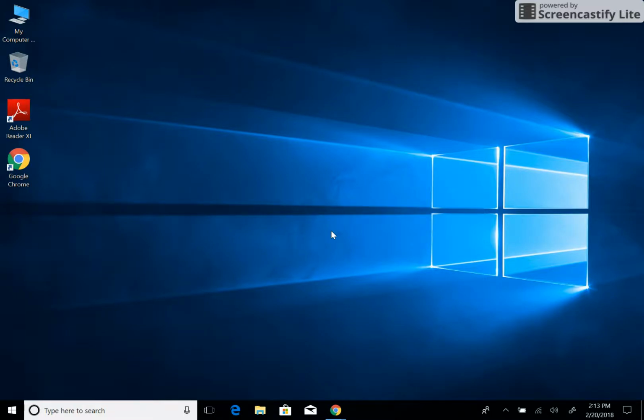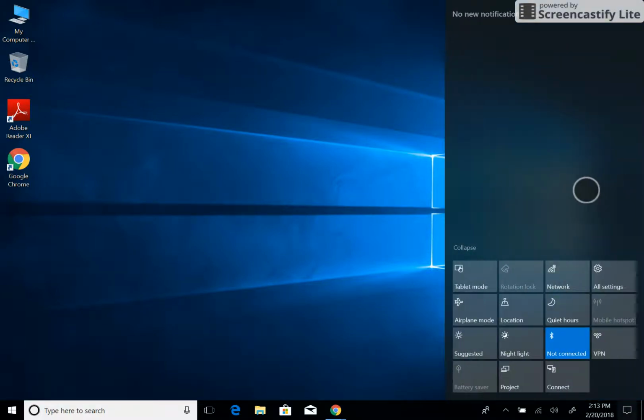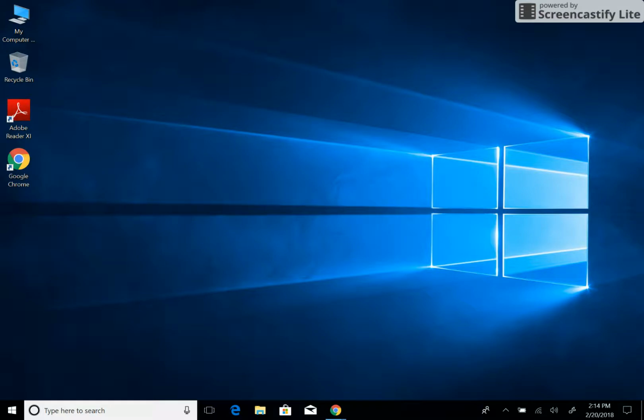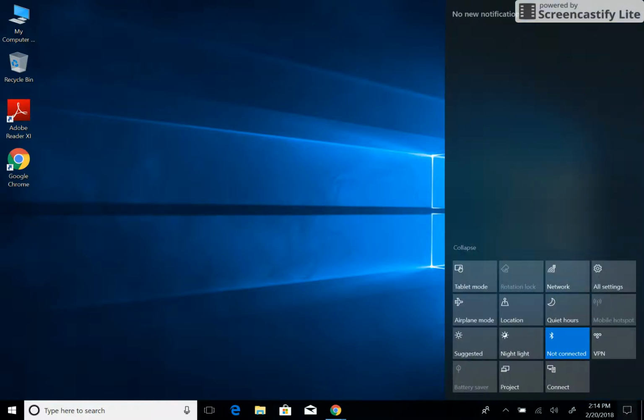Action Center. There are a couple ways of getting to it. The first is swiping from the right side of the screen to the left using your finger, and then you can see the Action Center shade appears from the right side. The other way of doing it is to just tap on the Action Center icon in the lower right-hand corner of the screen. It looks like a square speech bubble or a square speech icon, and